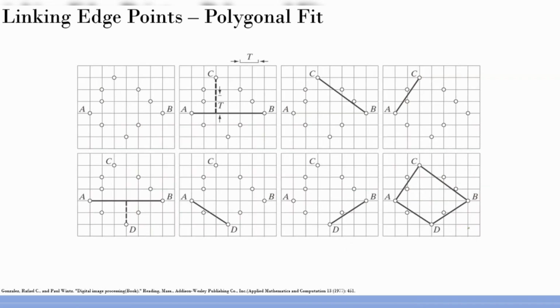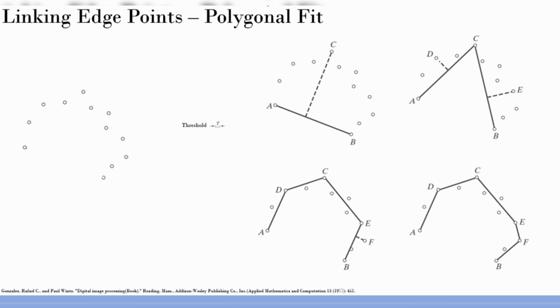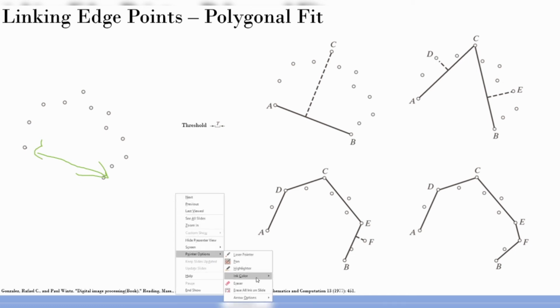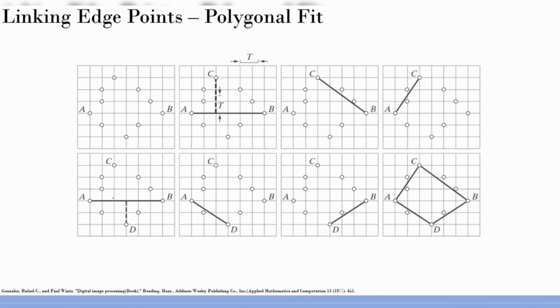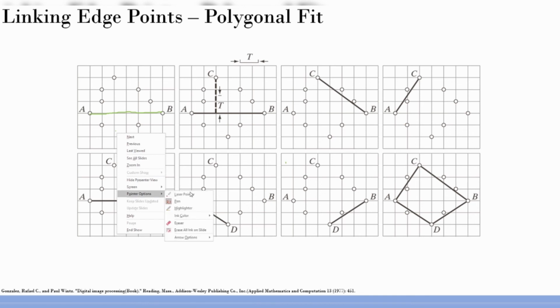But then there is a problem with this concept, if you see here. This one is quite nice in the sense that you have a very open-ended segment between these two, so that is quite easy. But if you consider here, if I go by the same logic, this is the first thing I should consider. But then you obviously know that it is actually within the region, within the boundary, because human inspection says that this is sort of the edge. And if you choose that longest, then you have a problem.